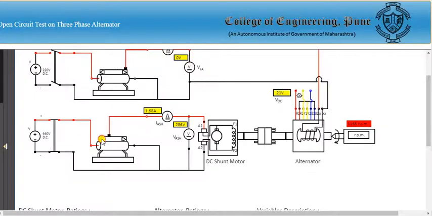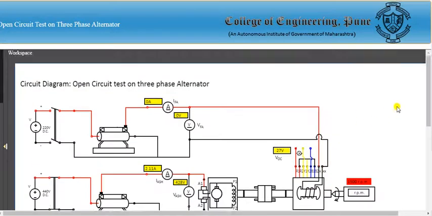When it reaches 1500 rpm, we will leave this, and that will be the constant rated speed of the alternator. Now it is very close to 1500 rpm, and then it becomes 1500 rpm. Guys, now we will leave this. Leave this circuit, don't do anything. Now the alternator is running at 1500 rpm. This is the rated speed of the alternator.